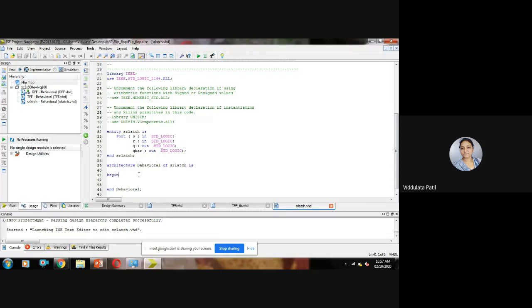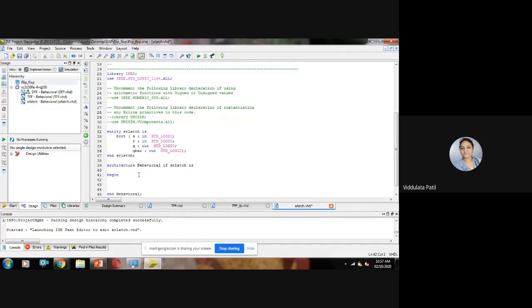Okay, so now tell me what will be there in the architecture. What are the different statements that we need to assign in this architecture? How does the SR latch work?